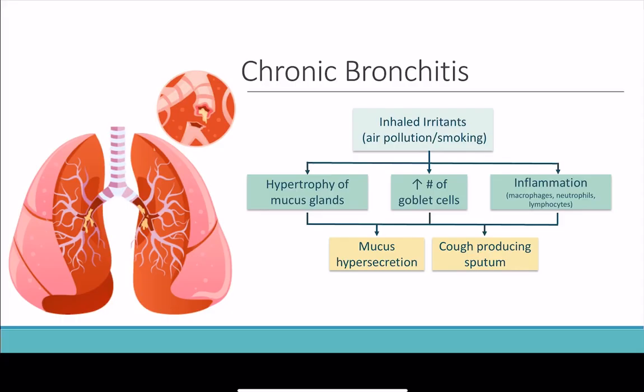So on the next page of your notes, you see this flow chart. And it really just walks through the same steps that we just went through in my cartoony picture. Inhaled irritants are the initiating cause, with some genetic predisposition in the background that makes an individual more likely to react this way. But in response to repeated irritants, there's hypertrophy of mucus glands, increased number of goblet cells, and repeated activation of inflammation that leads to mucus hypersecretion and then that cough-producing sputum, which is a very classic finding of chronic bronchitis,